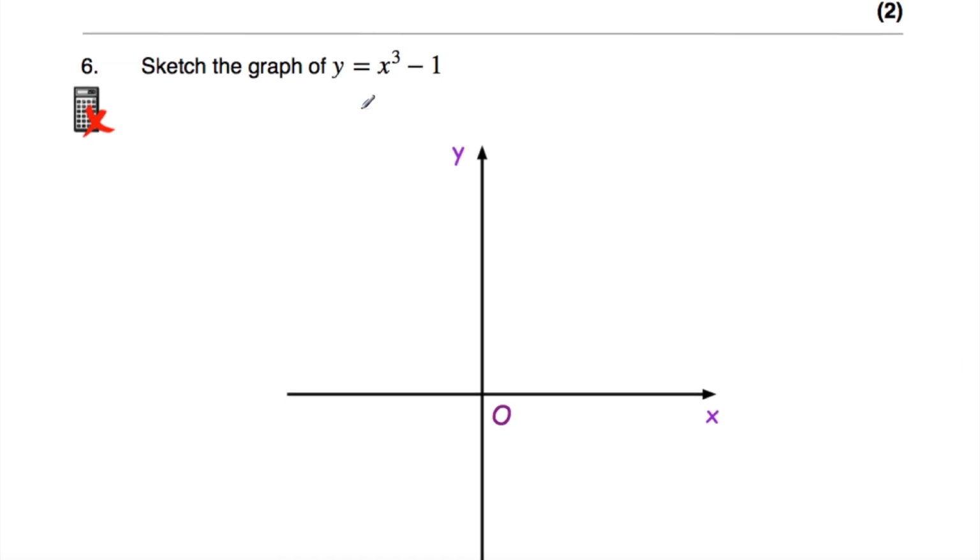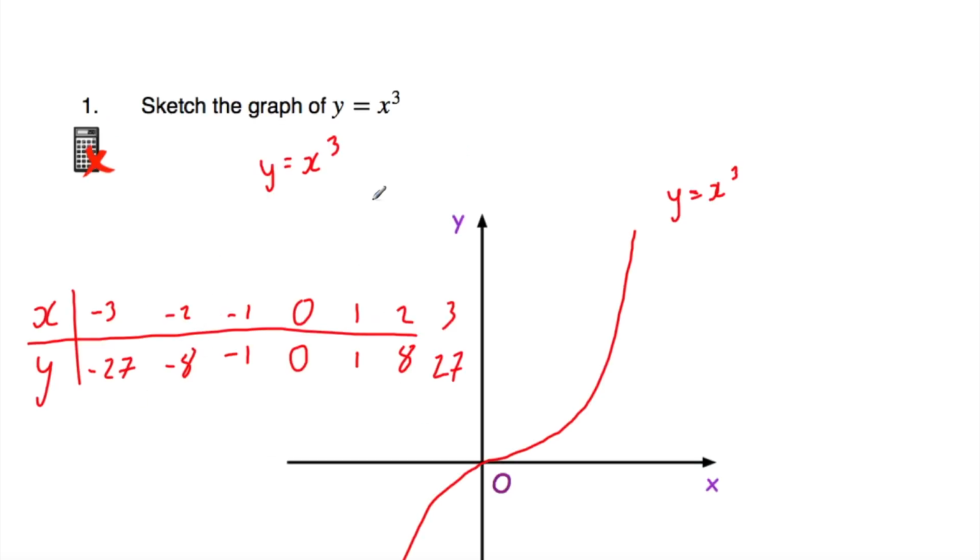So question number 6, this time we've been asked to sketch the graph of y equals x cubed minus 1. So again, we could do a little xy table, or you could just consider it's going to be the x cubed graph, but then shifted down 1 square. Because remember, if you do your xy table, we're going to be cubing all the values. So it would be the same as those values in the xy table for y equals x cubed here. But this time we're going to have minus 1, so we're going to take 1 away from all these values